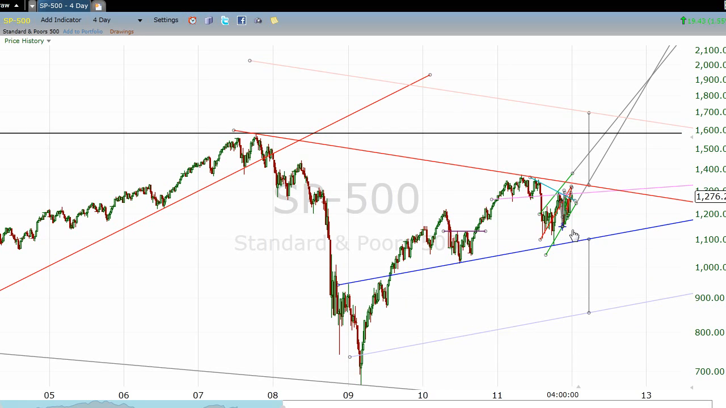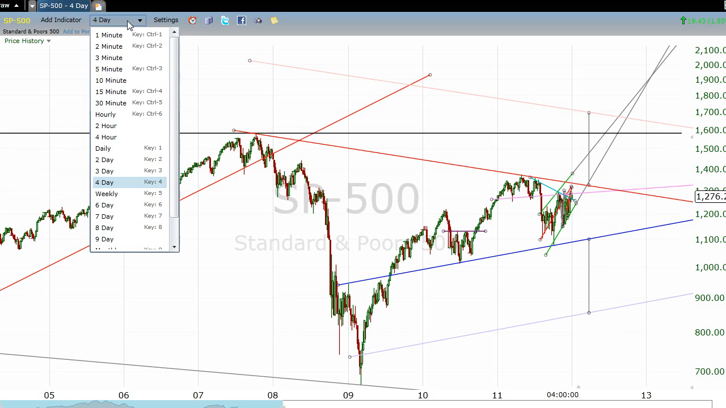However, if that doesn't happen, then we could come down and break this blue line, which would potentially take the market down into that high 800s, 900 range. But for right now,